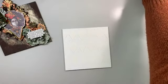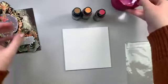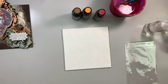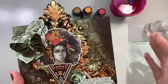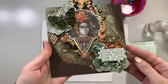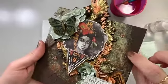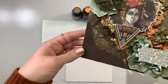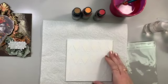Now, when I originally started this canvas, I wasn't going to use rust paste, so I was just going to use the liquid acrylics. And then I decided I just had to have more texture on it. So we'll go ahead and do the color for the background. It's really one of those things about mixed media that sometimes we make layers and you really can't even see what I did with the liquid acrylics. It's just peeking out from under the rust paste on here. But I always feel that anything you do to a canvas, even if you just see a touch of it, it's worth it. It adds to the overall look of the canvas. So we're still going to go ahead and do that, even though most of it is covered up with brown